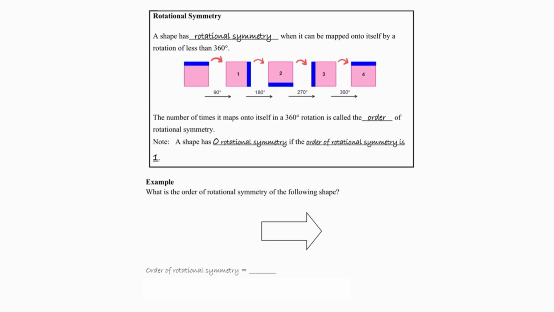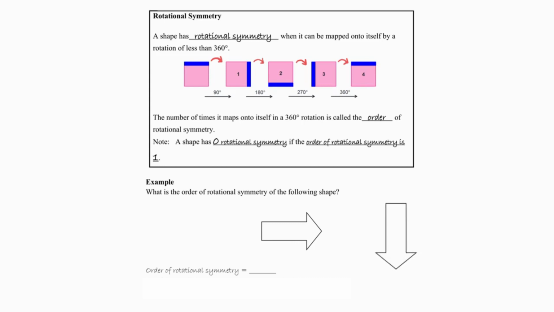So for this example, what is the order of rotational symmetry for the following shape? As I turn this shape, I'm going to just cut this out, and I'm going to rotate it, turn,